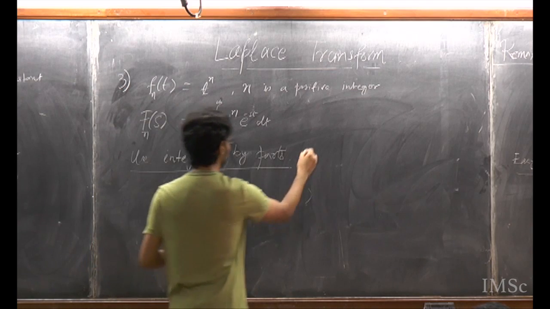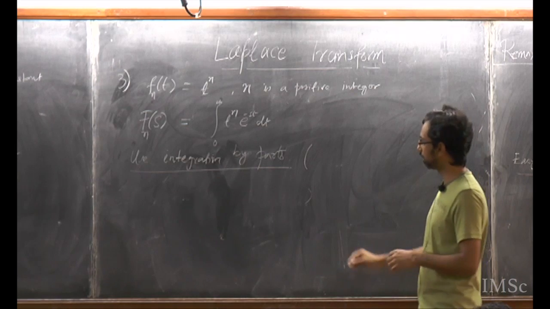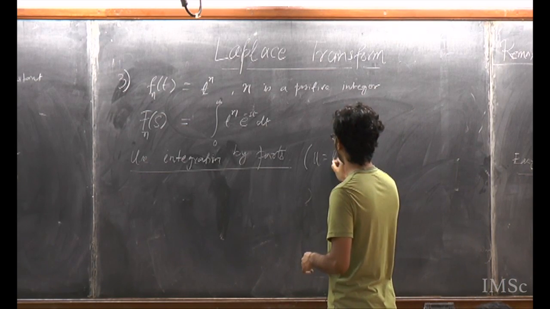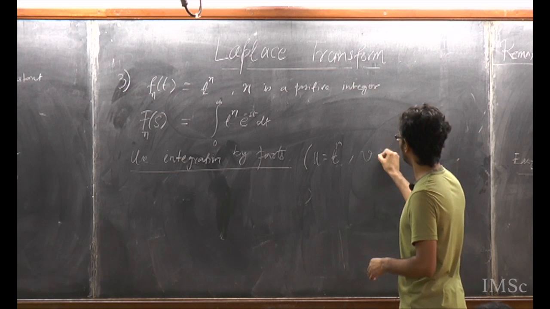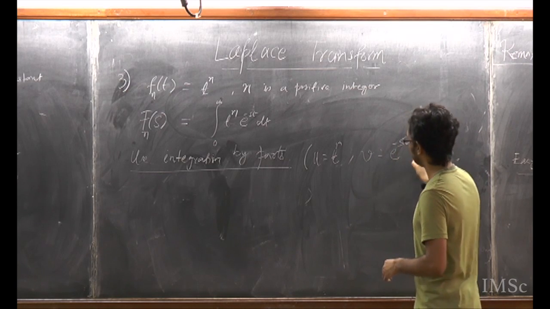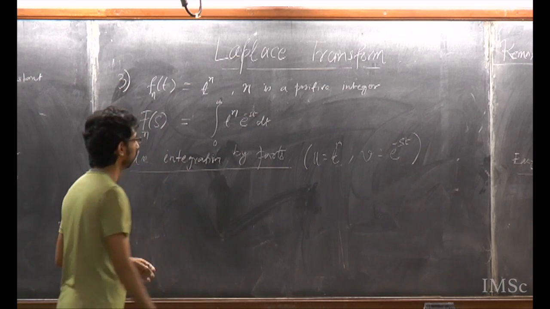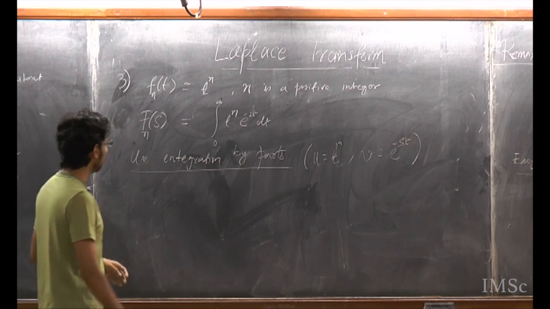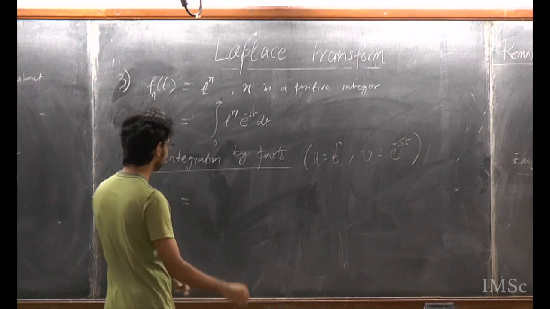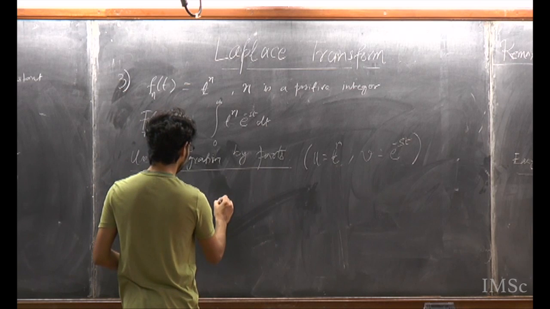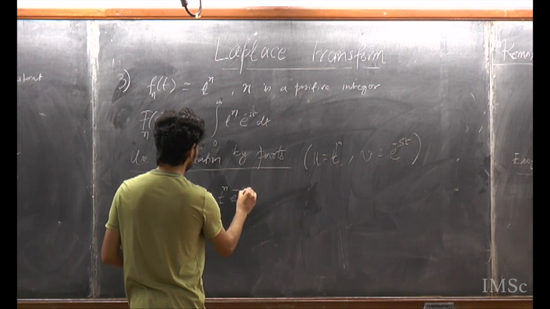For integration by parts, you need to choose your functions appropriately. You take u equals t^n, and v equals e^(-st), right? Then first you have to integrate v and keep u constant. So you have t^n e^(-st)